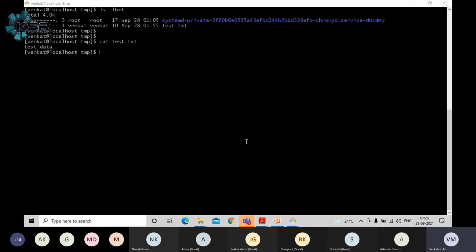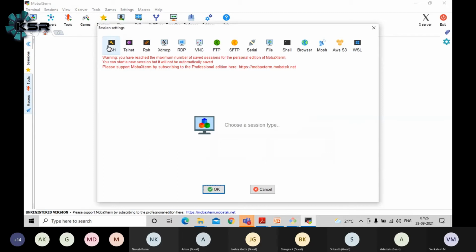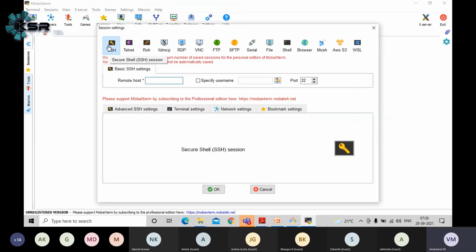So let's try the same thing in MobaXterm. Do practice, guys. Do practice on CLI based. I'm just giving some shortcuts. Let's say the host name. Same steps: you want to log in with any SSH tool. How to do that? Let's see now. I'm passing the host name or IP address, the username will be vagrant, and the port will be 2222, guys.